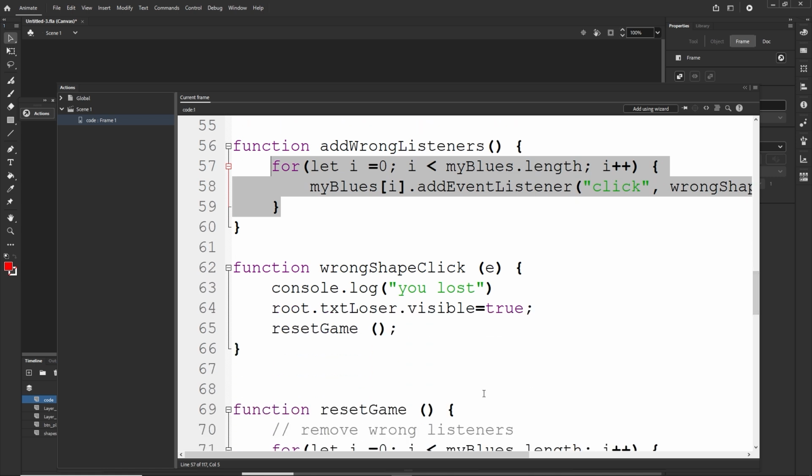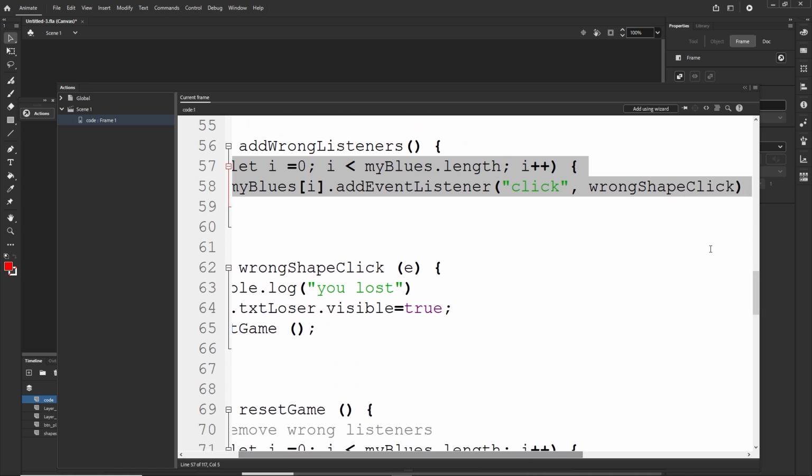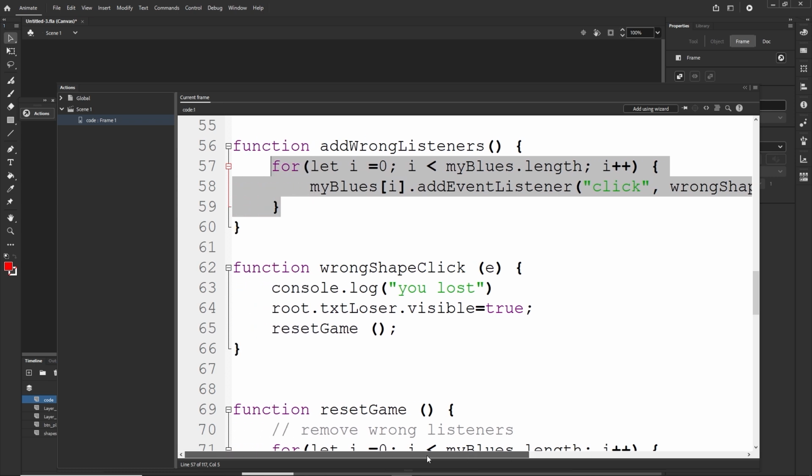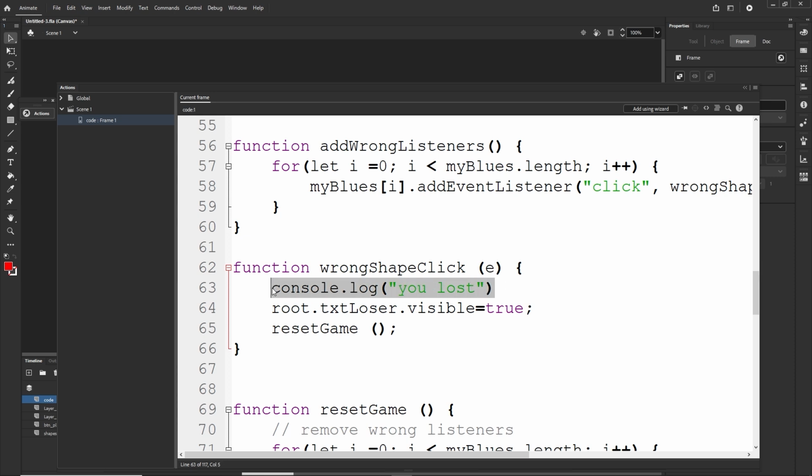Then we are calling the function of wrong shape click, and in the function of wrong shape click we have this parameter, but we do not need to have this because we didn't use it. It was for the current target. But yeah, we are console.logging lost. We are making the text loser visible true, and we are resetting the game. We will come there in a moment, and we are